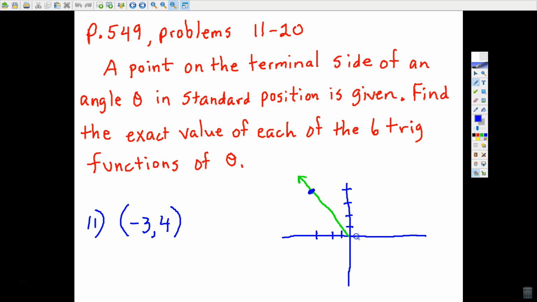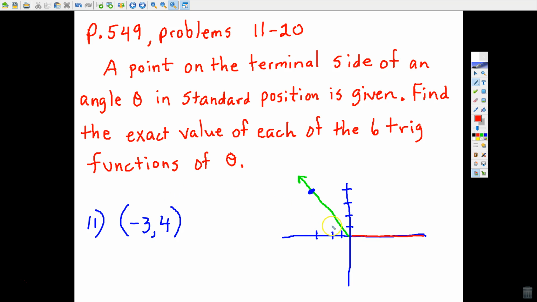This side of the angle is called the initial side. The initial side of an angle is always the positive x-axis. And then this other side that makes up the angle is called the terminal side. So the green part of the angle is the terminal side. It's in quadrant 2. And the angle goes through this point, negative 3, 4. And what we're supposed to do is find the exact value of each of the 6 trig functions,